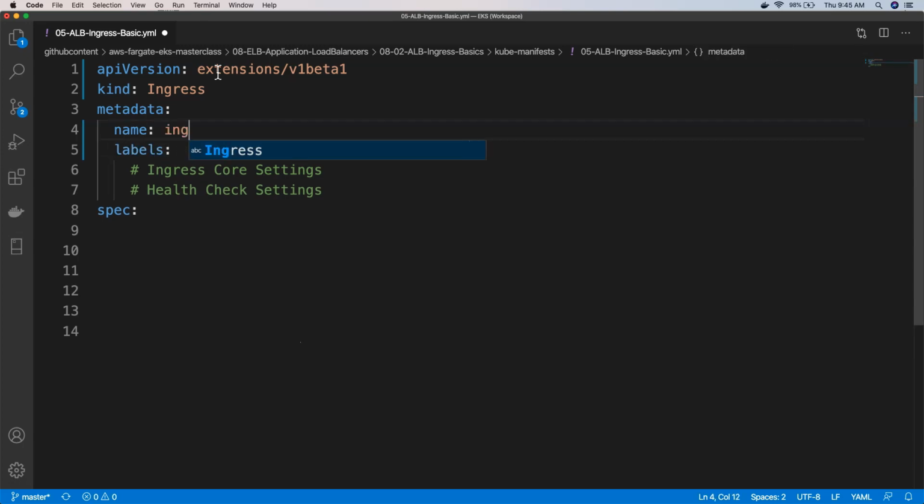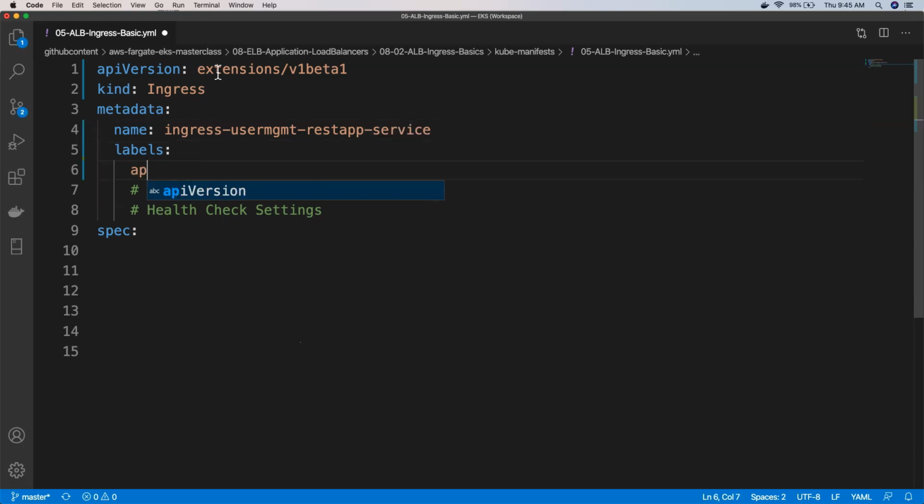And name I'm going to say ingress-usermgmt-restapp-service, okay? And in the labels, as usual, this is our standard label we are going to put for our user management microservice, which is nothing but usermgmt-restapp.